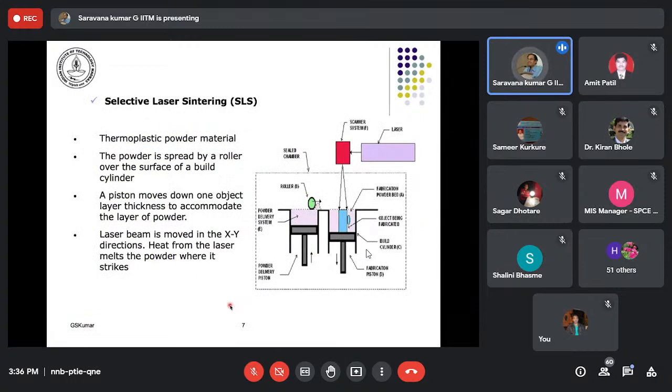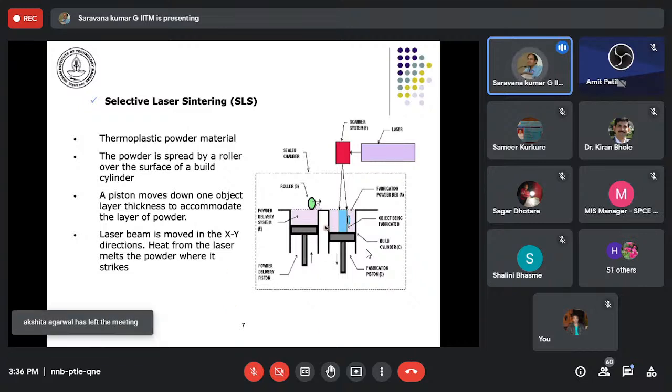Again, I would go a little fast over here, presuming that some of my earlier speakers have talked about it. This is a schematic of an SLS system where you have two powder bins.